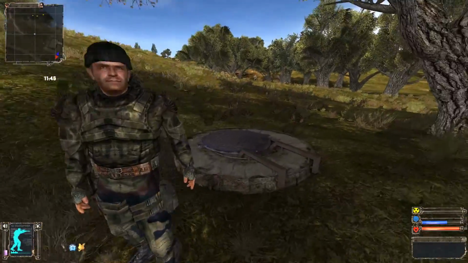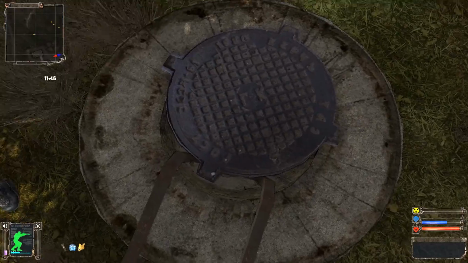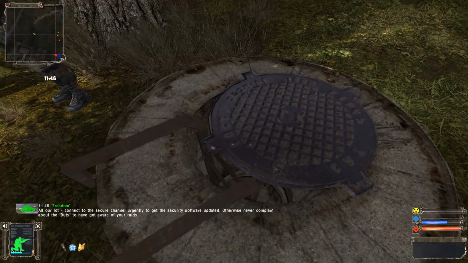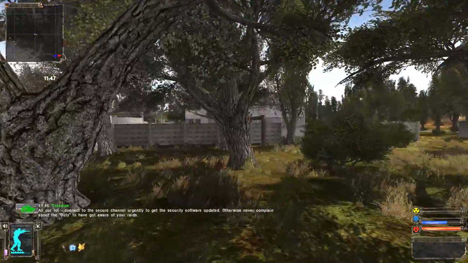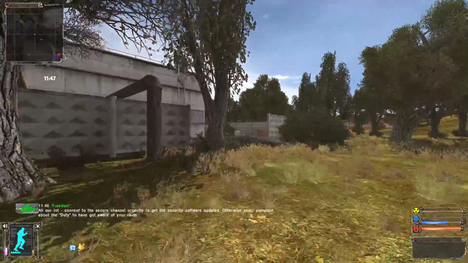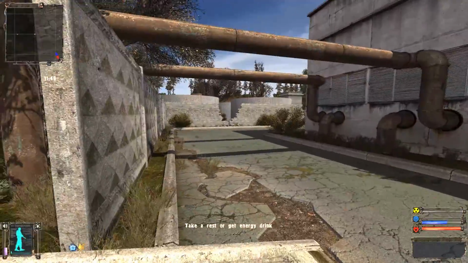Right, yeah, this hole in the ground here. I feel like I should be able to just move that lid off, but no. No, I definitely didn't miss anything. That's definitely the deal. You cannot just move that lid off. Fine, let's have a look around in the base for some...